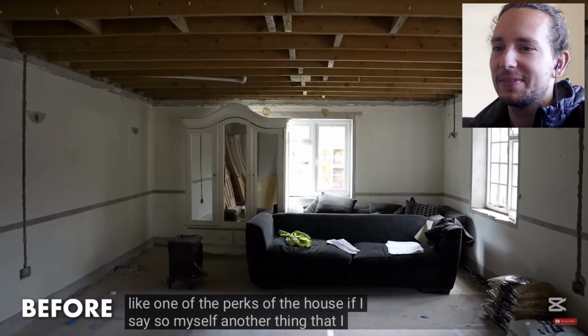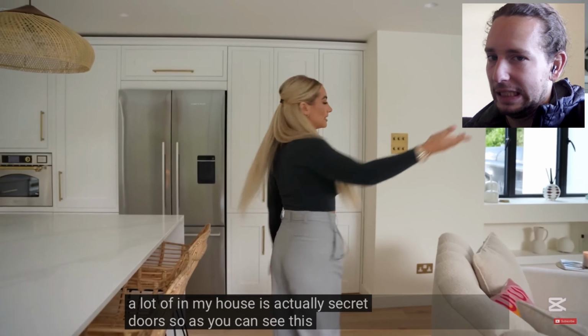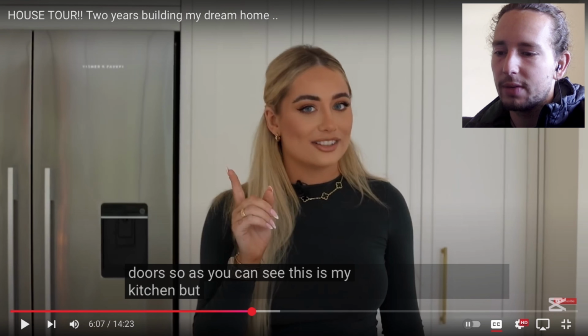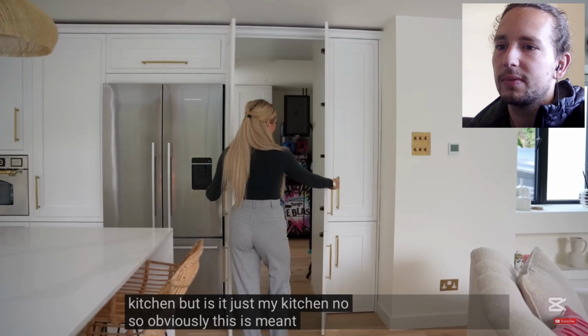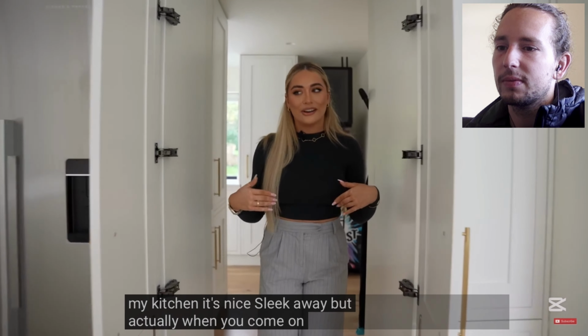Another thing that I have a lot of in my house is actually secret doors. So as you can see, this is my kitchen, but obviously this is meant to look like my kitchen. It's nice and sleek, tucked away. But actually when you come on through, it is in fact...